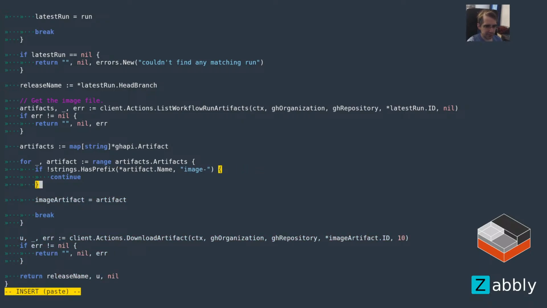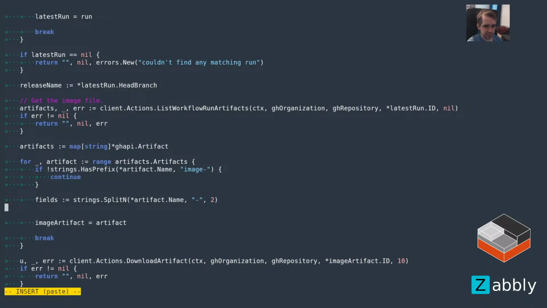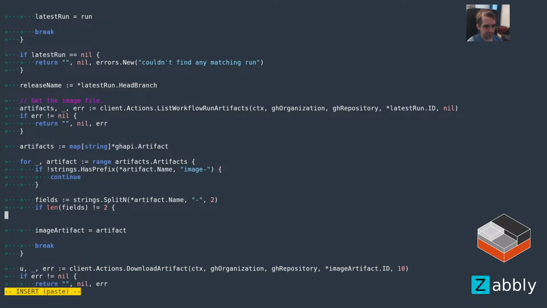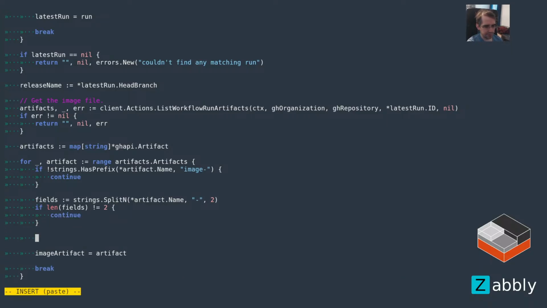We continue. Otherwise, we're gonna need to figure out the architecture. So we need to split the artifact name into dash with 2 parts. If we don't get 2 fields, we continue. And if we do get our 2 fields, then